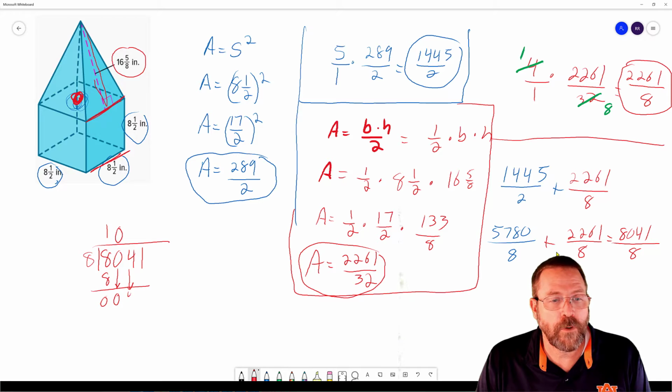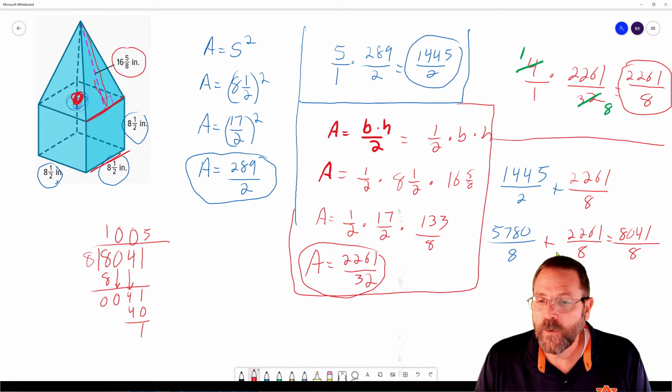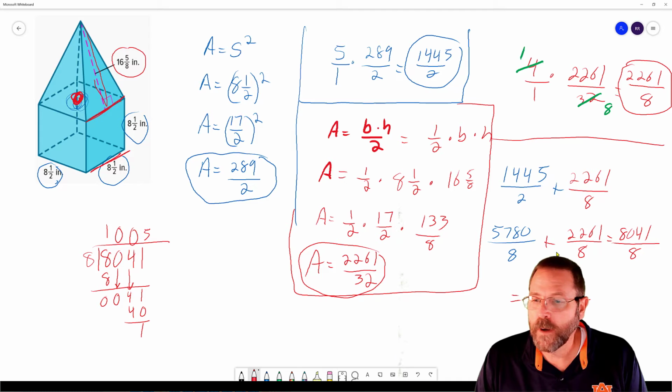Bring down your 4. 8 goes into 4 0 times. And bring down your 1. 8 goes into 41. That's going to be 5 times, which is 40 with 1 left over. So if I did all my math correctly, we're going to have 1005 and 1 over 8 for our final